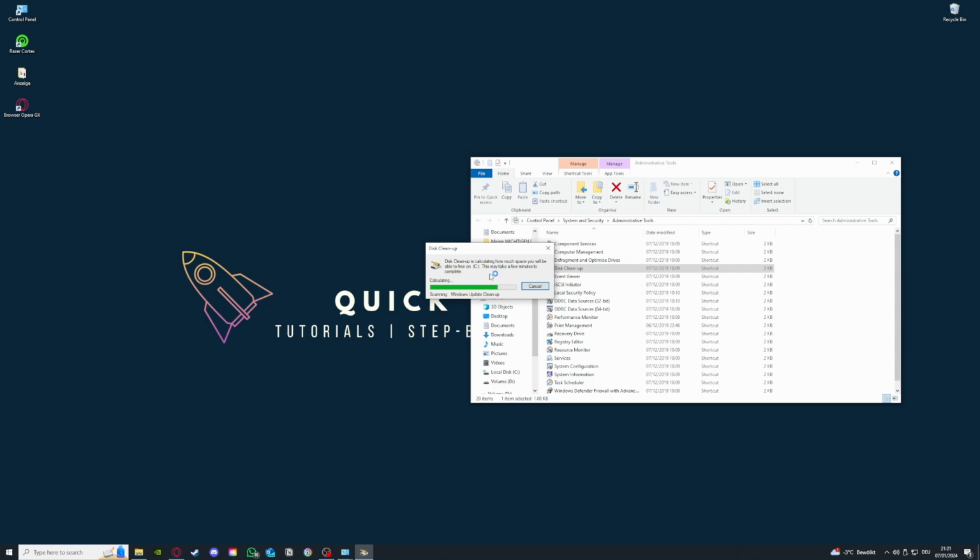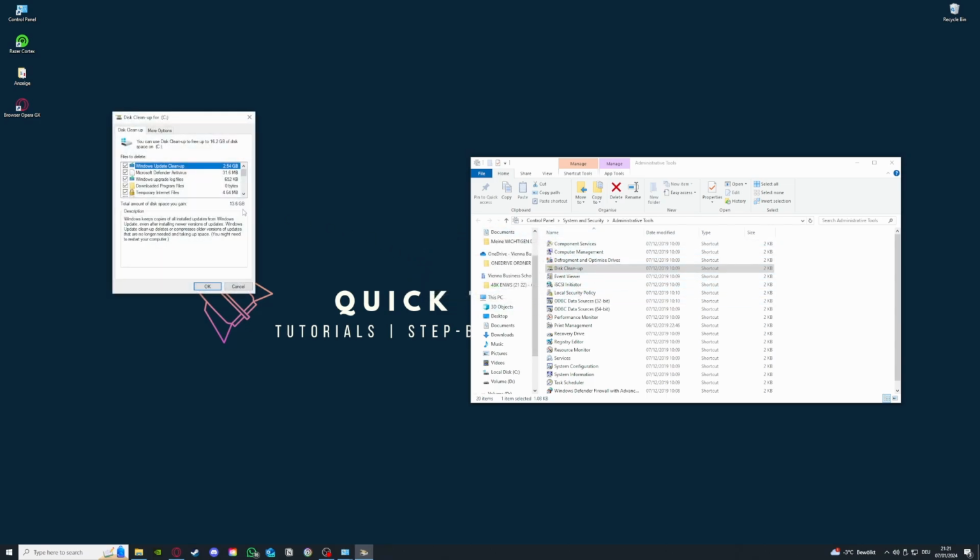And as you see with your SSD, there is a lot more to select. So I'm just going to go over that for a second. So you see, especially my Windows Update cleanup is very big. So we definitely want to select this, and basically you can select whatever you want here,